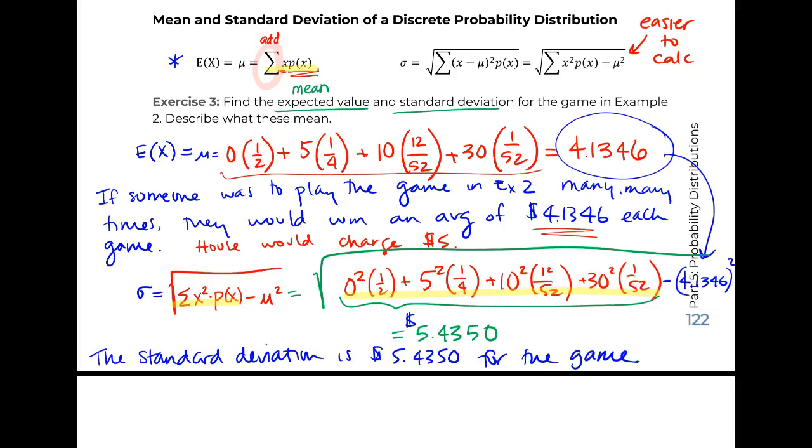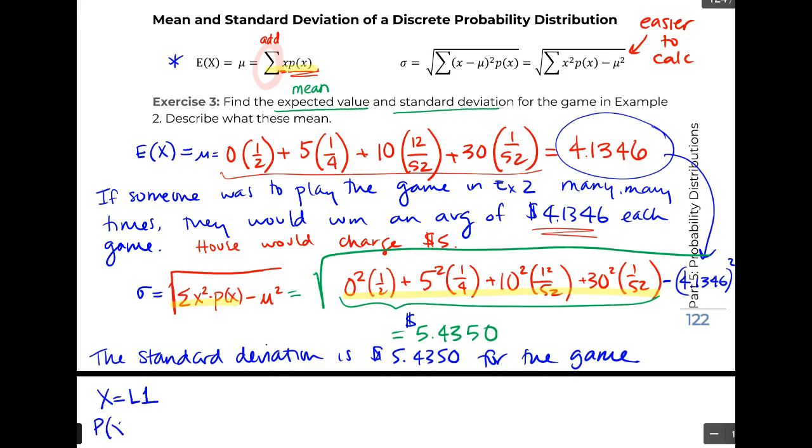All right, so I'm going to show you these two calculations in the calculator. I'll use the graphing calculator, but it's pretty much identical in the 36X Pro. What you're going to do is use one-var stats, right? Because one-var stats gives you mean and standard deviation. But what you need to do first is put all of your X values in as L1,